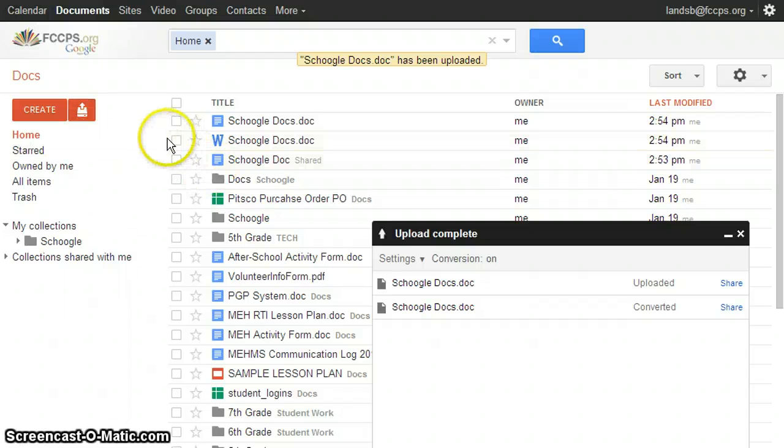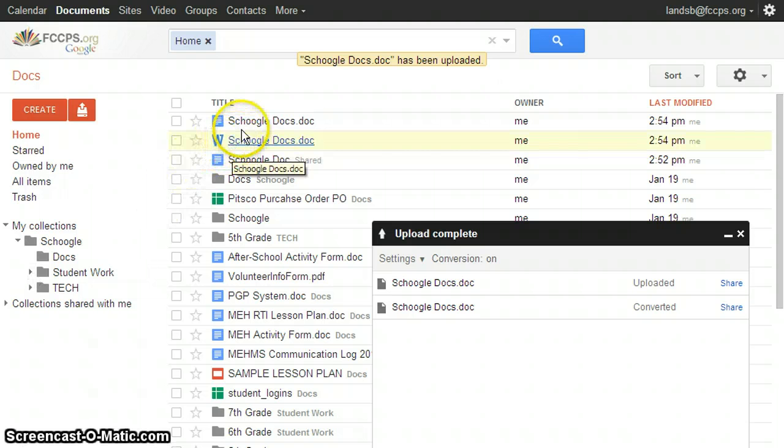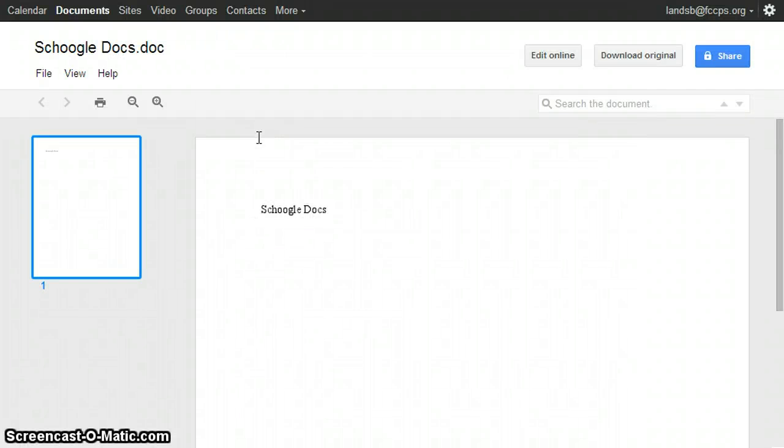And what's neat is that you can create your own online portfolio, meaning that you can create different collections or folders, and you can manage or organize your files however you'd like. And what's neat about this is that you can go to any other computer anywhere in the world, go online to your Schoogle document or your Schoogle account, and you can retrieve those files. And you can even download these if you want to. So let's say I click on this, and I can download the original file, which means that I can download it onto any computer I want, and then I can continue to work on it